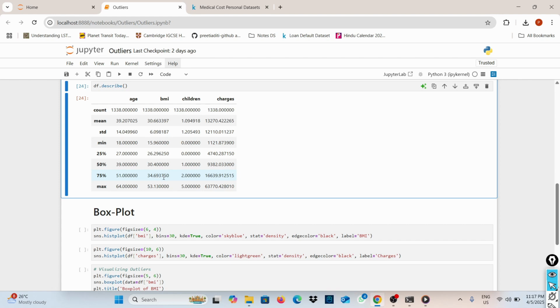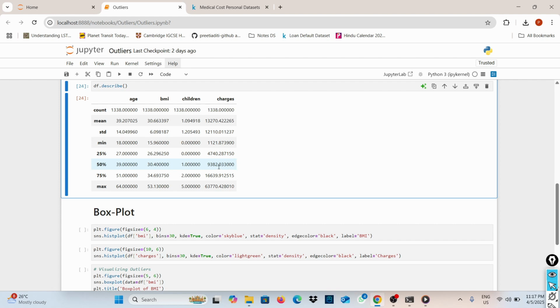Same goes for the column charges. Here the mean is 13,000 something, and Q2, that is the median, is 9,300 something. So the mean is very large as compared to the median.